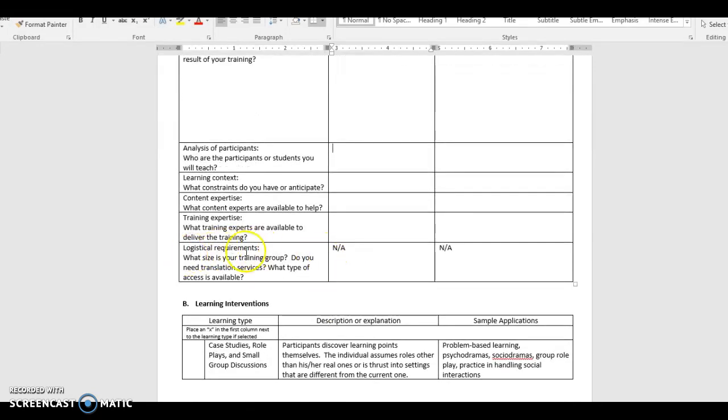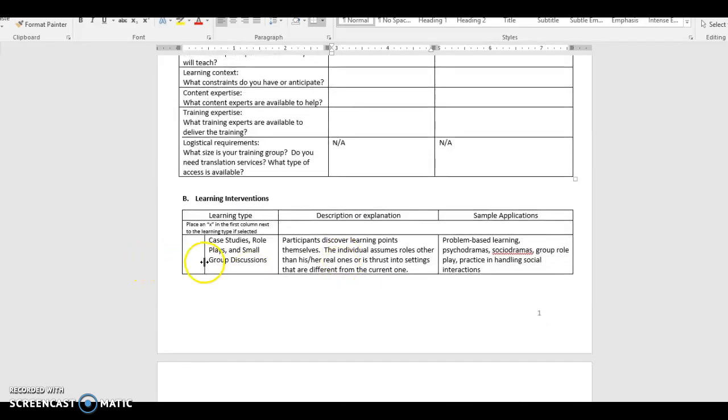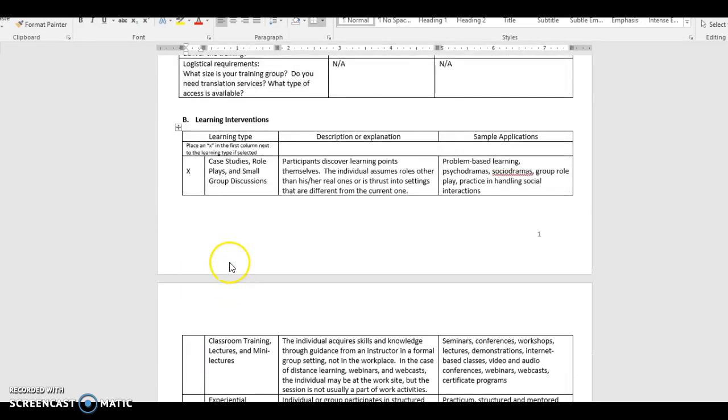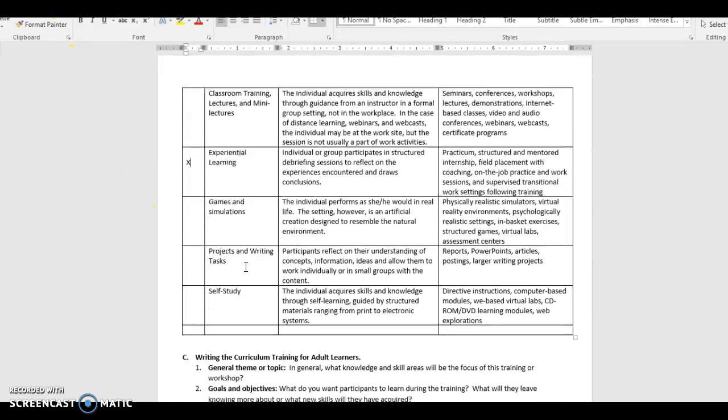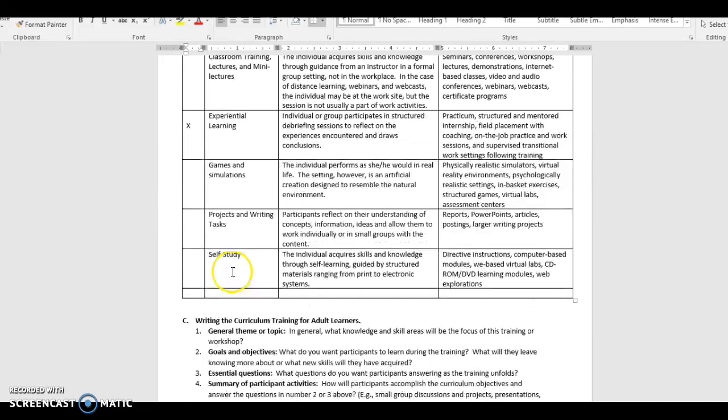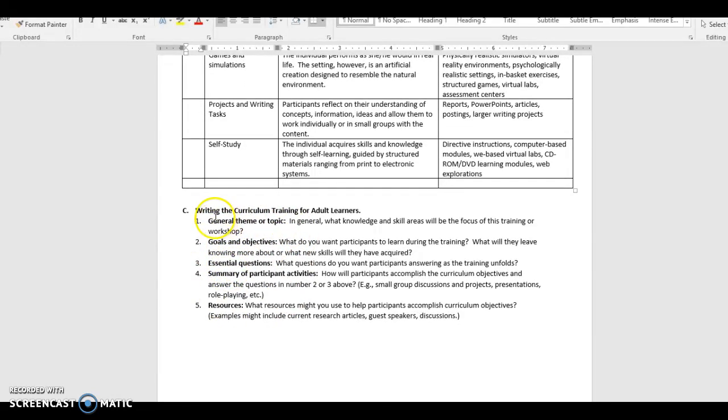Of course, logistical requirements, we're not covering that, so that's not applicable. You don't have to do anything there. Again, here's where you'll identify which of the learning types you're going to use in your training. That's all you're going to do. If we had time, you would complete more information in your project. Again, we don't have time. And this is where you will write your curriculum. In general, you'll just type it in there, and then you'll save it, and then you'll upload it in the proper place